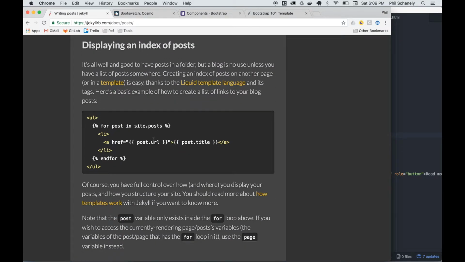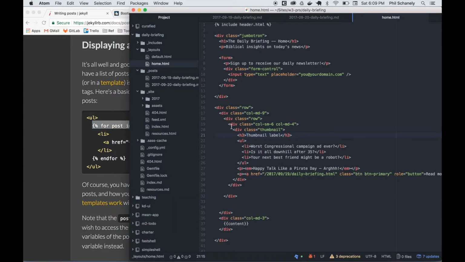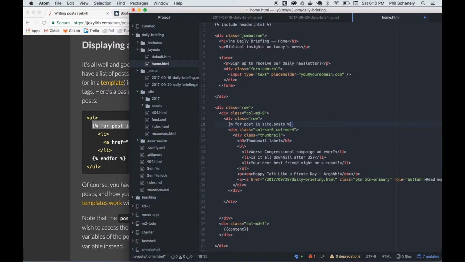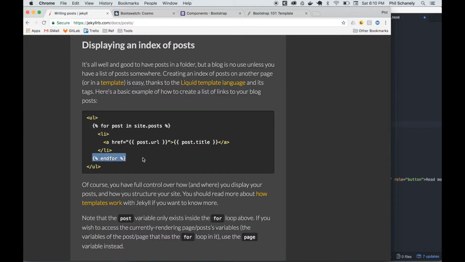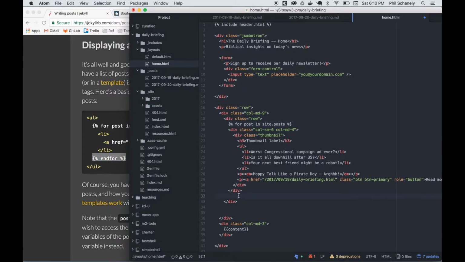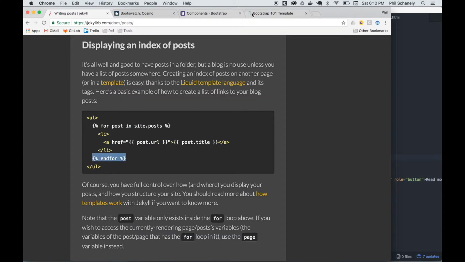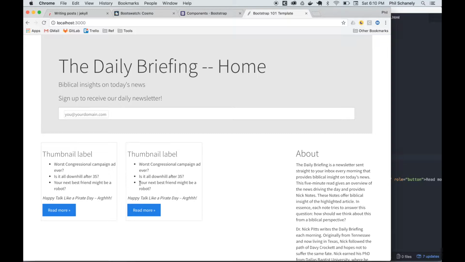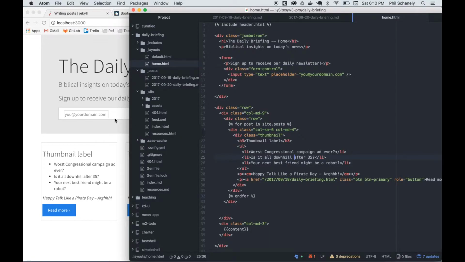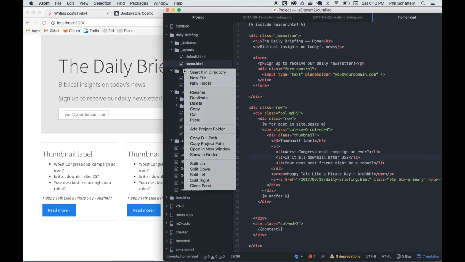To display an index of posts, we're going to do something like this, where, in the template file, that's where we're working, we're going to have this little bit of stuff that says for post in site.posts, and it's going to wrap around the thing that we want to repeat. So we're going to put it right here, and then we're going to end for after the thing that we need to repeat. Okay, so we've got this row that wraps around, and then this div here is going to repeat for as many posts as we have. Okay, so with just that done, notice now that we have two, because we have a second post in our folder over here. So if I go in and add a third,